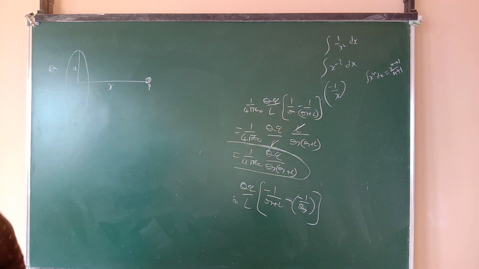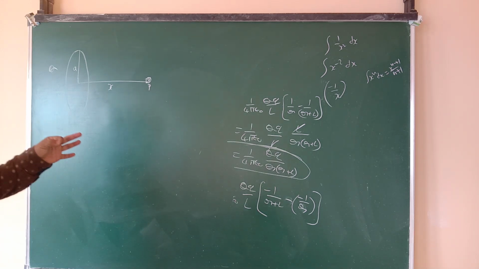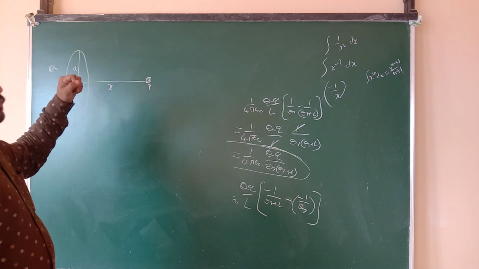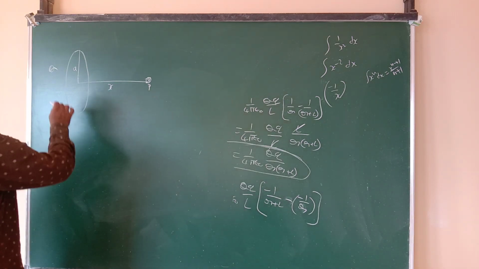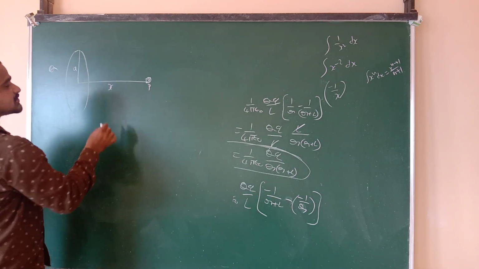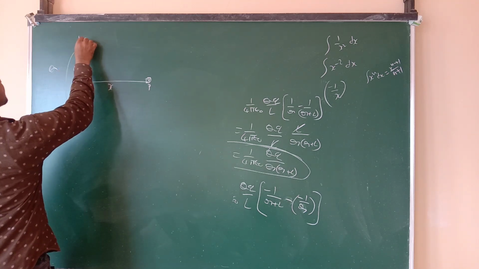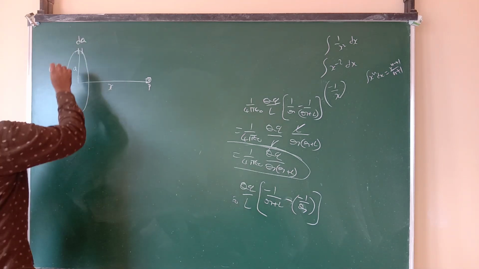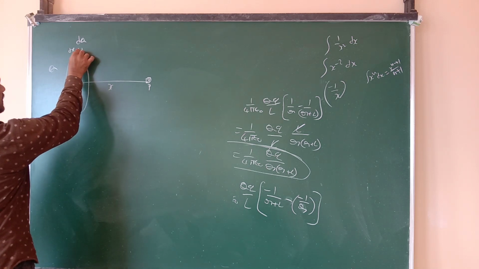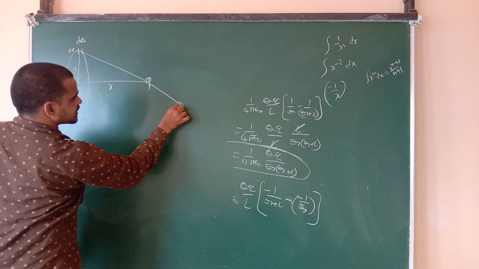It may be an attractive force or a repulsive force, no problem. What is the force acting between these two? Here these two are like charges, so a repulsive force acts. In this also the same procedure: we consider a small dq of length dx, and this will apply a force on this in this direction, correct?